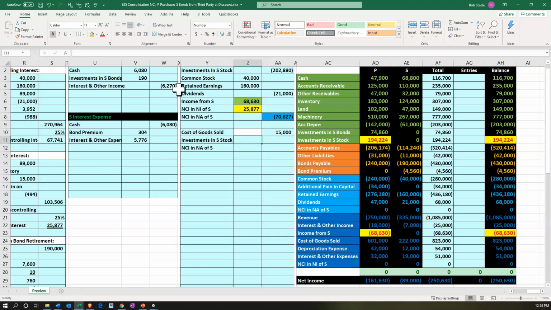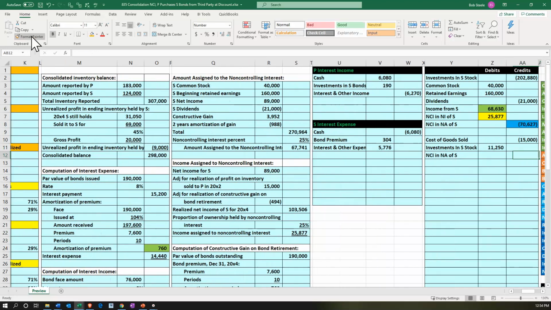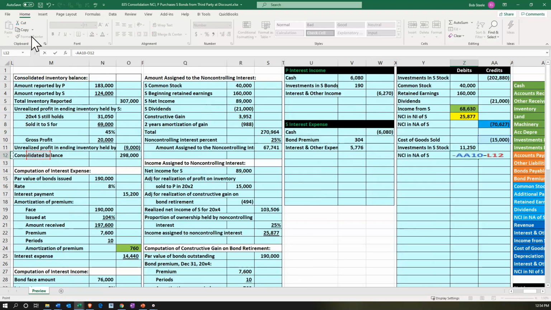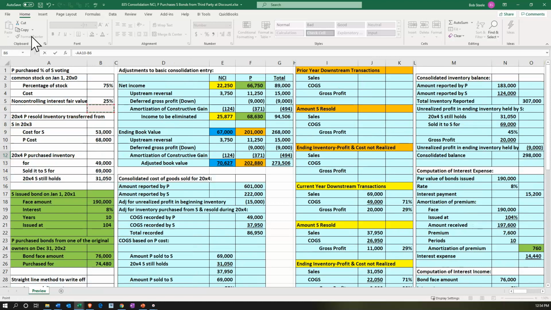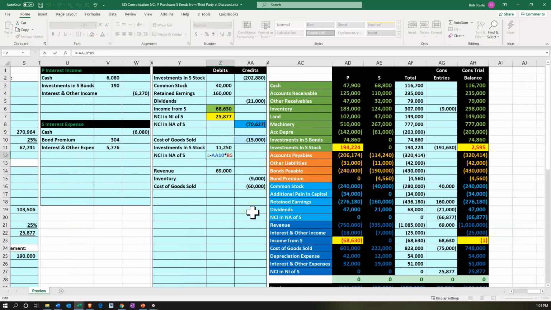I cut and paste, and then I'm just going to format this back over, and then I'm going to make this a negative. I'll hit F2 and make that a negative. So negative 15,000 is all I did. And then I'm going to say negative this number times the 75%. And then this is going to be negative of that number times the non-controlling interest, which of course is the 25%, 75/25 breakout. Note that I put a subtraction problem here, and that left it at this 15,000, which is